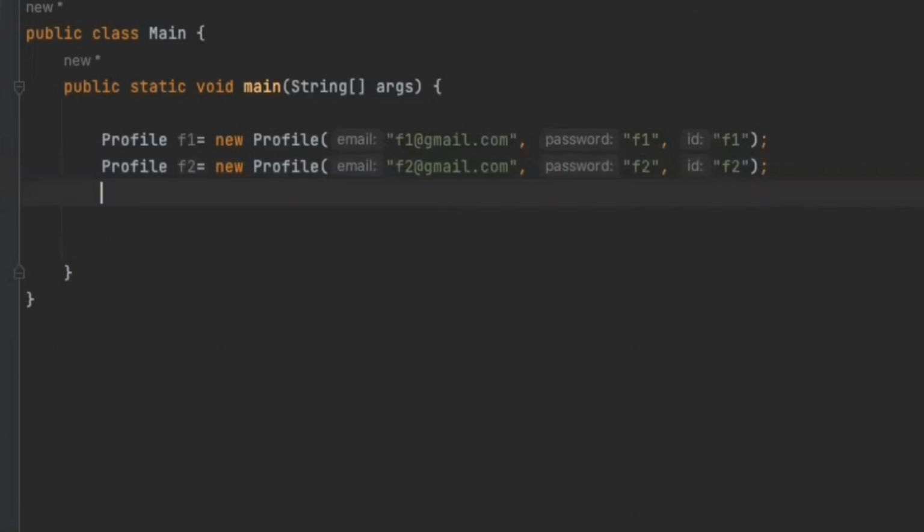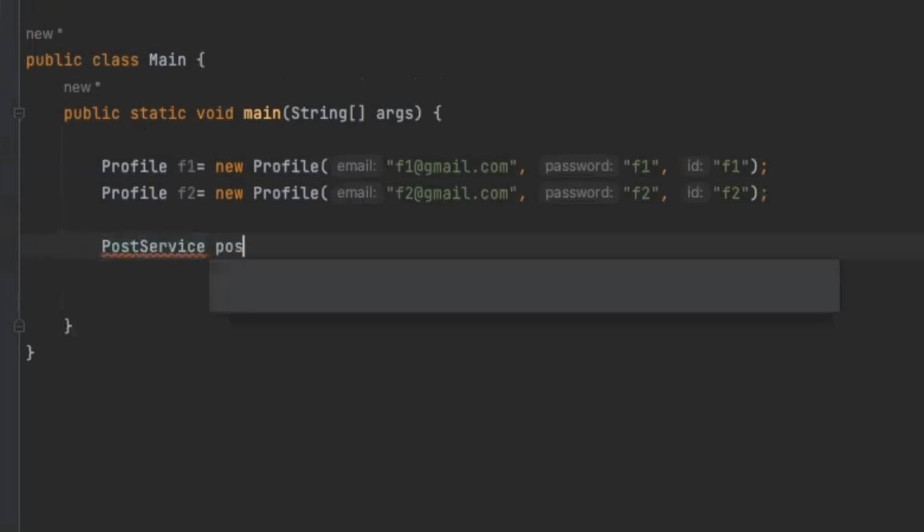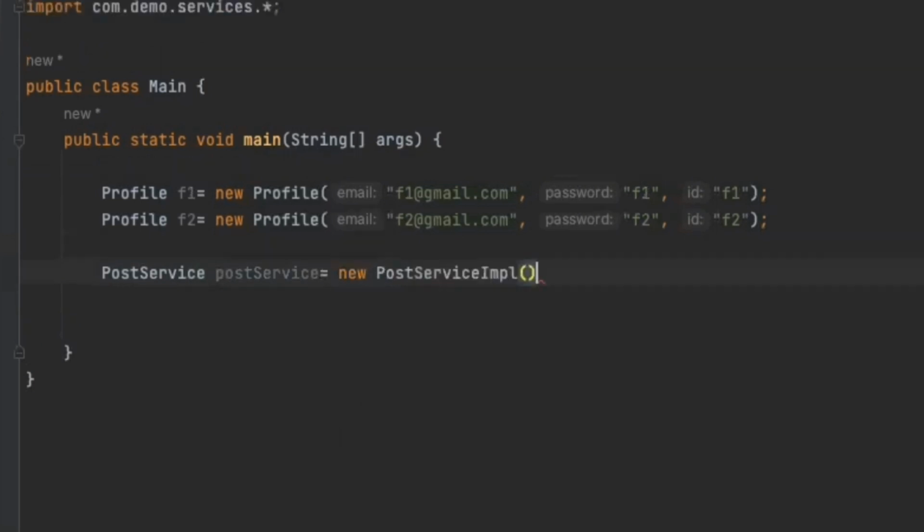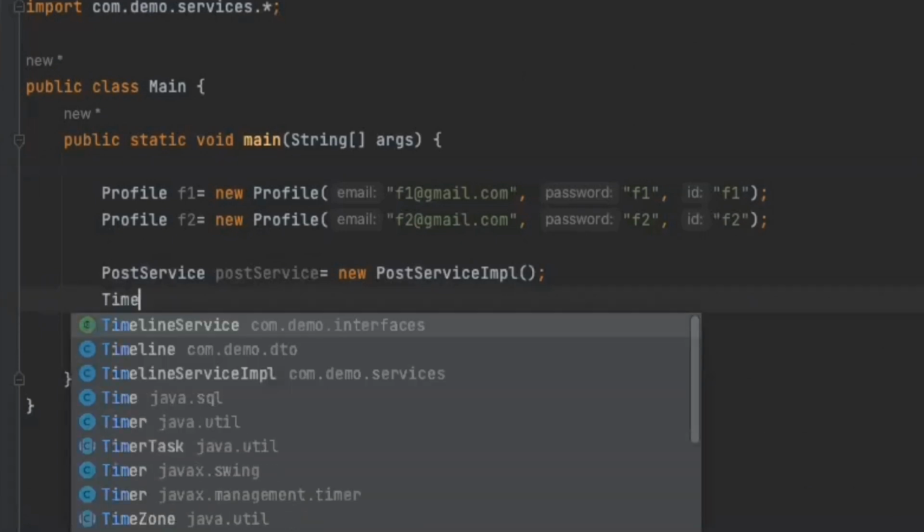Now, what do we want? Let's post something. So for that, we want an instance of post service. So post service equals new post service implementation. And of course, we want timeline also to be created. So let's just first fetch all the services.